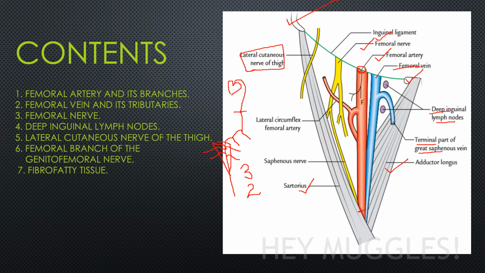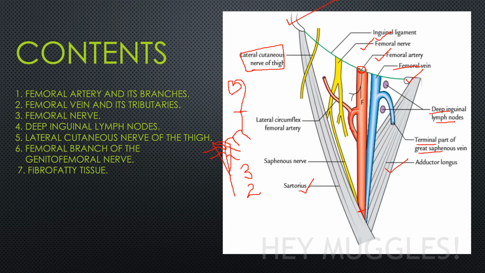The three superficial branches are your superficial circumflex iliac, superficial epigastric, and superficial external pudendal, and two deep branches, that is your profunda femoris and deep external pudendal. So profunda femoris is your largest deep branch of your femoral artery, and it gives rise to lateral and medial circumflex femoral artery. Is it okay? So this is your profunda femoris artery.